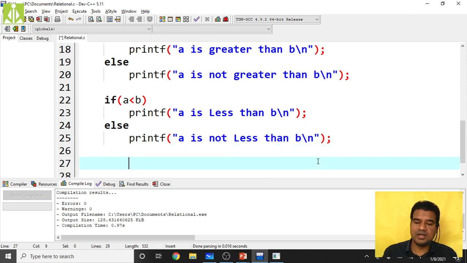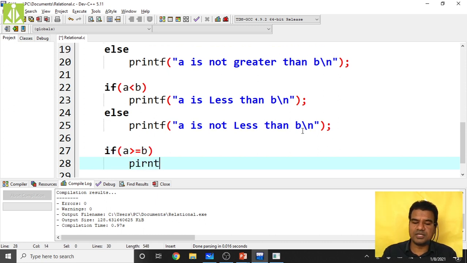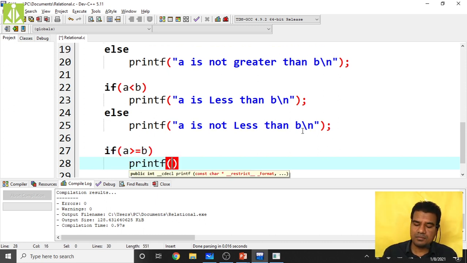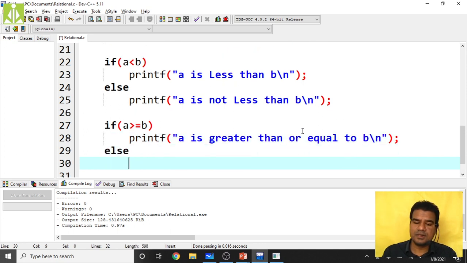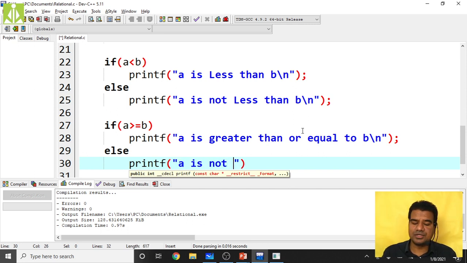Backslash n. One more thing: we have checked greater than and less than, so greater than or equal to we will check. printf "a is greater than or equal to b", backslash n. Else printf "a is not greater than or equal to b".